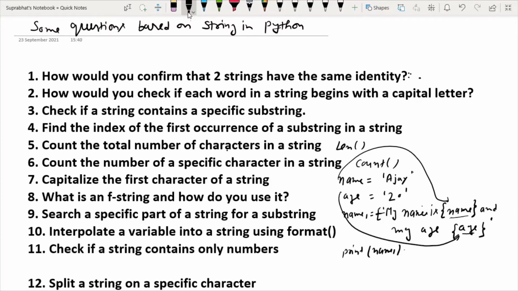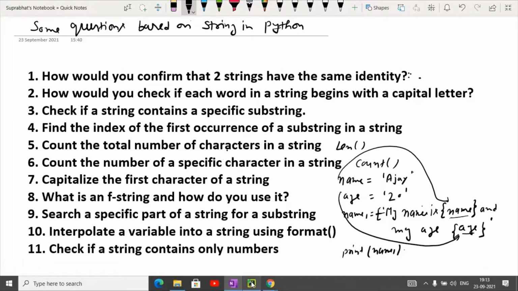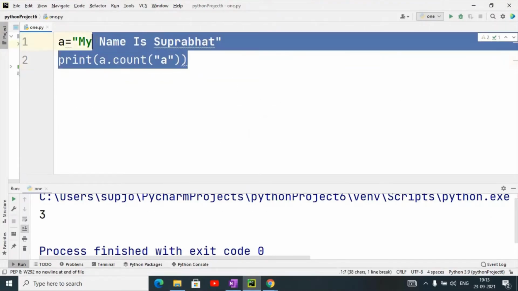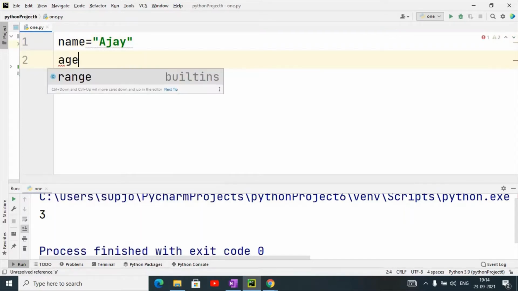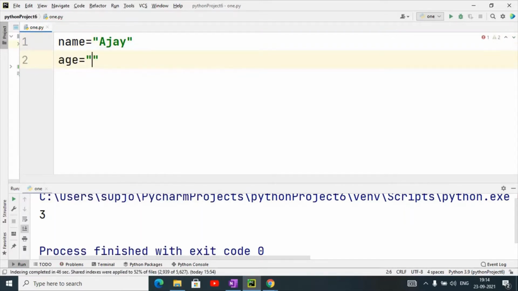So we can understand this with the example in PyCharm. Same question I will solve. Suppose name equals to Ajay, and age equals to 30.